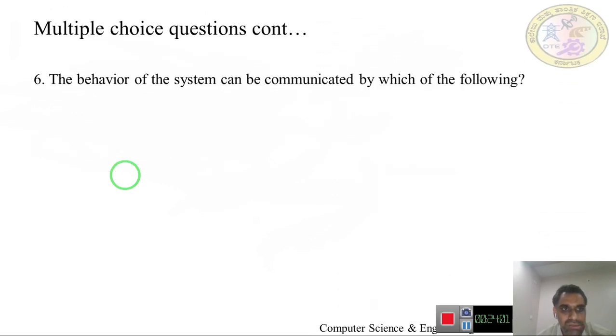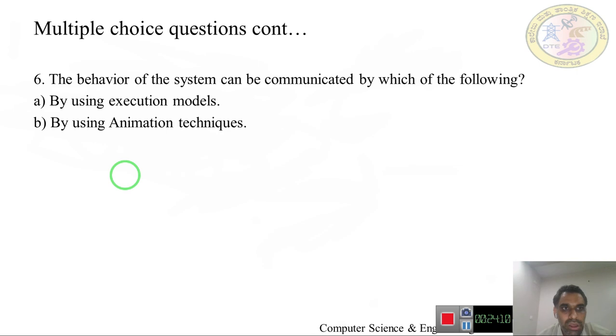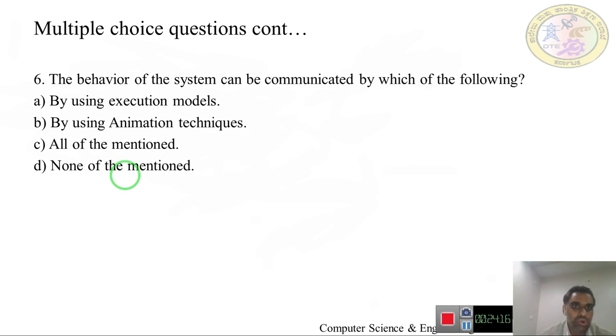Then option 6, the behavior of the system can be communicated by which of the following? It is by using execution model, or is it by using animation techniques, all of the mentioned or none of the mentioned? It is all three, I guess, right?